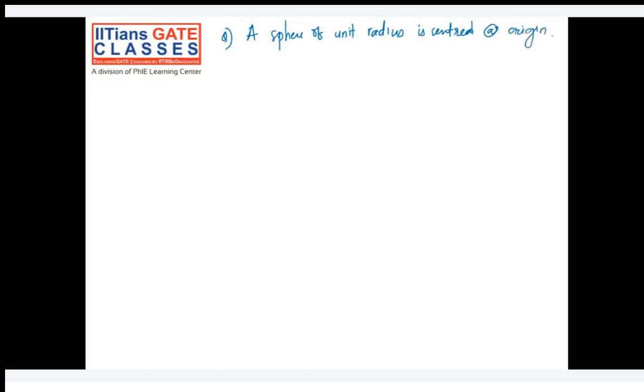The unit normal at point P, which is x comma y comma z, to the surface of the sphere is the vector,